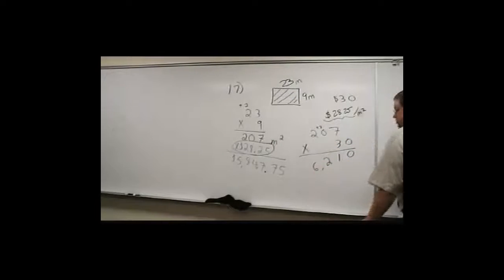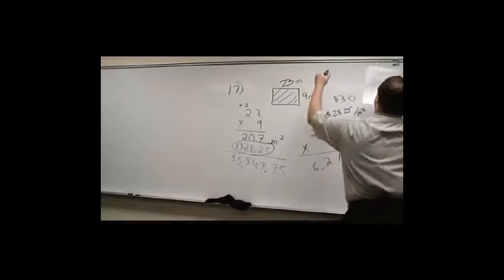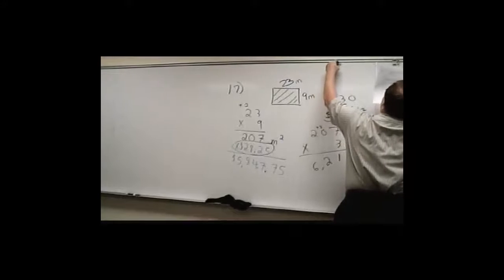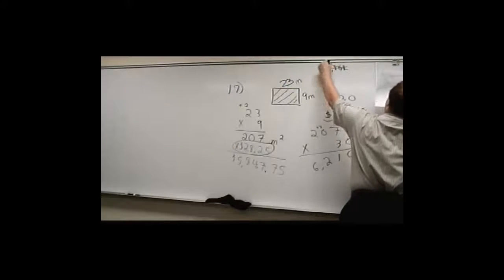I get $6,210. Now this is higher than what it would actually cost, because it actually costs $28.25 per square meter, but I'm multiplying by 30 to make my multiplication easier. So I'm going to look for a choice that is slightly less than $6,210. And if you look at your choices, your first choice is $1,808. Well, that's wrong. Second choice is